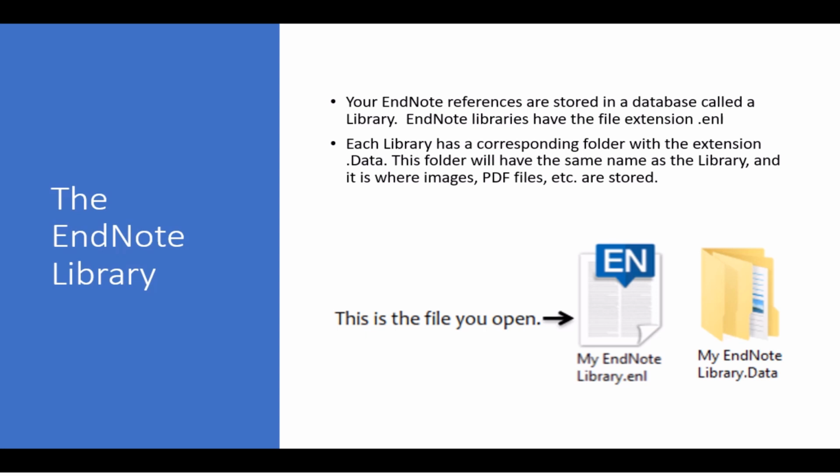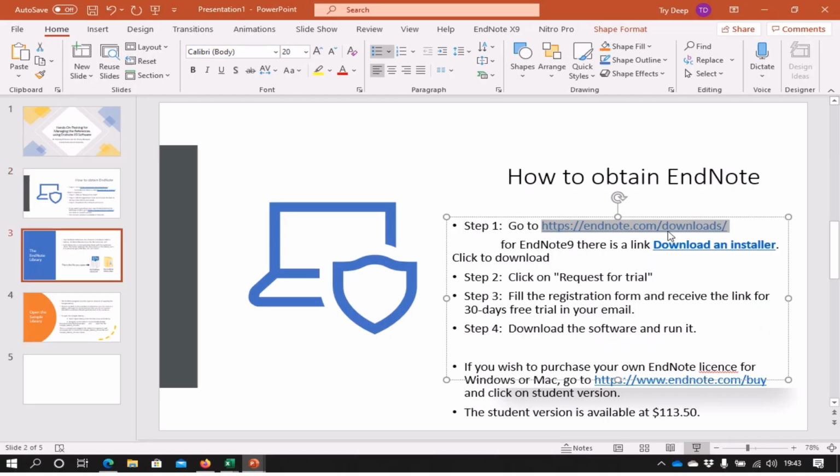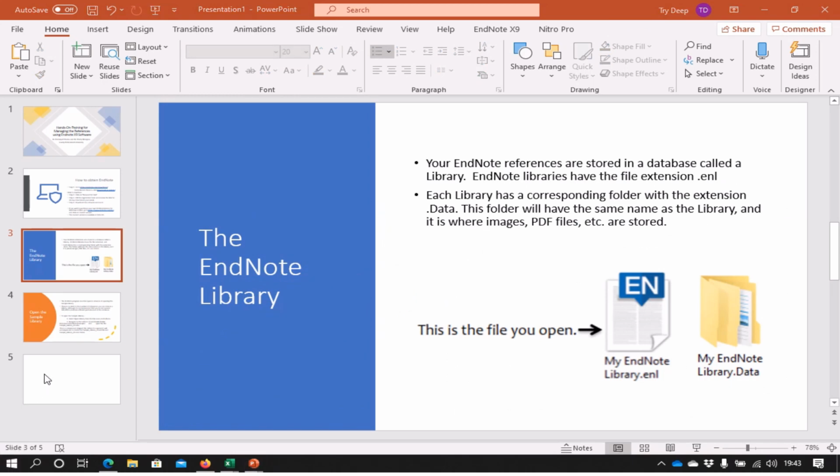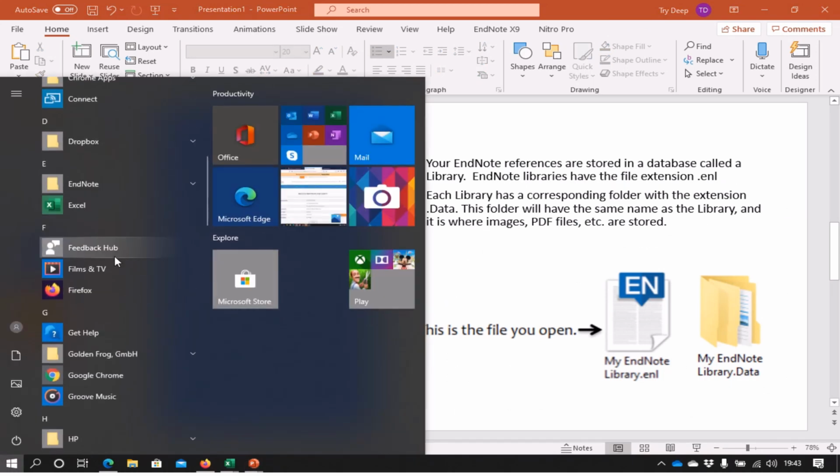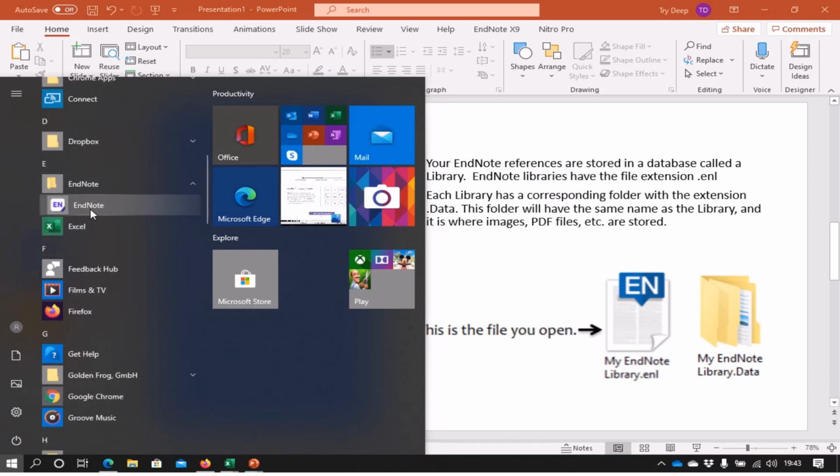So for that, what you have to do is run this software from the start button, and after that visit EndNote itself.